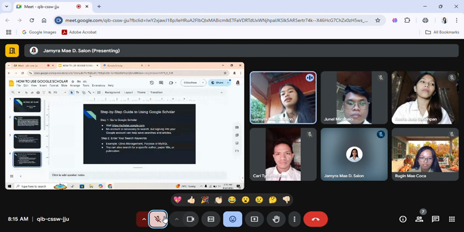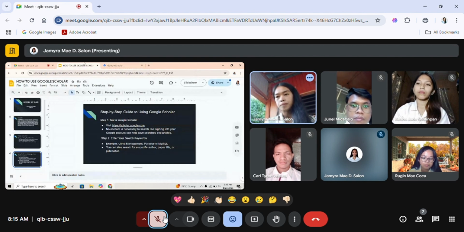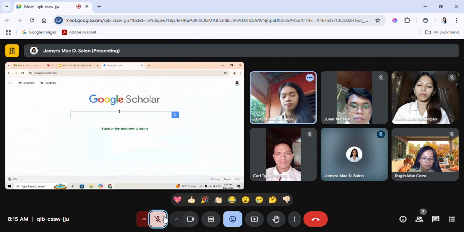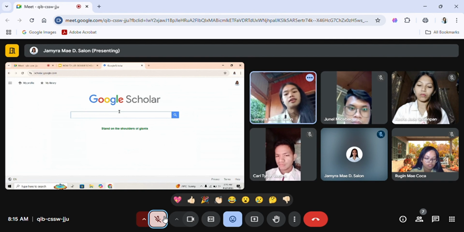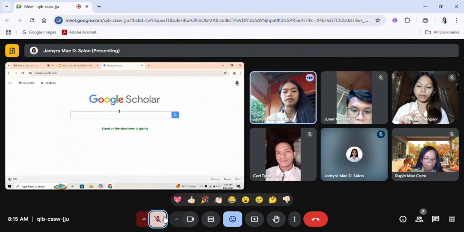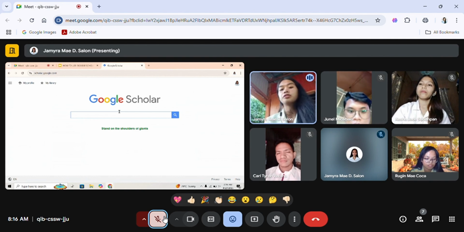Step 2, enter your search keywords. Then, once you're on the site, you just need to type the keywords or phrases related to your topic or what you're looking for. For example, clinic management or purpose of MySQL.